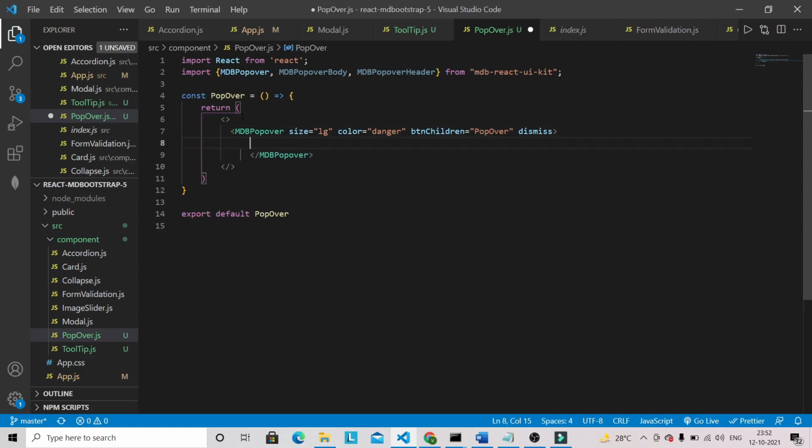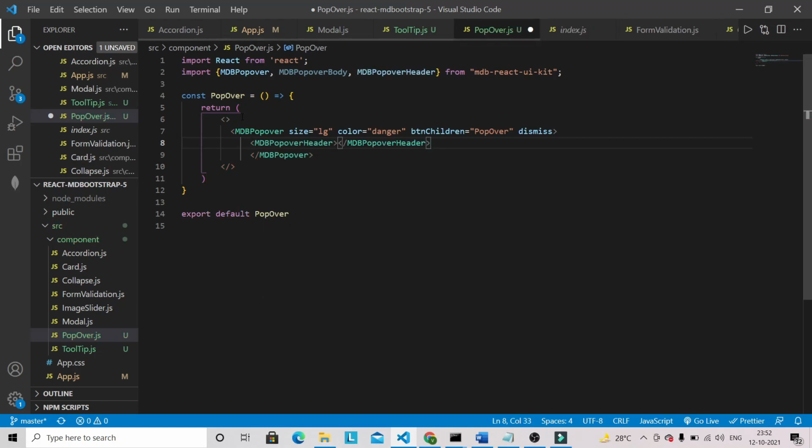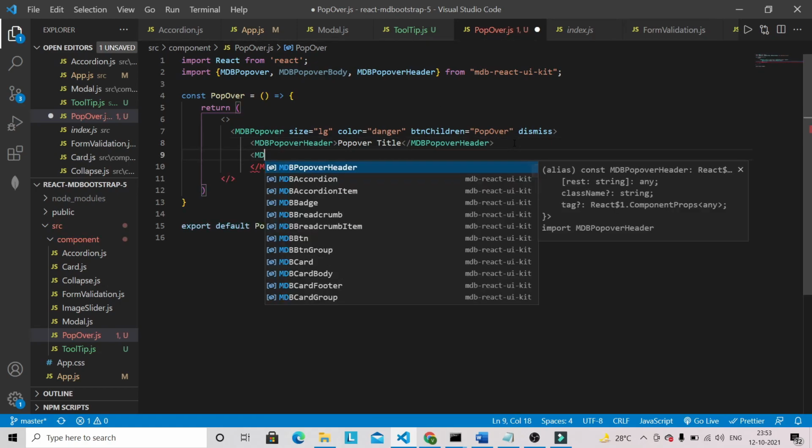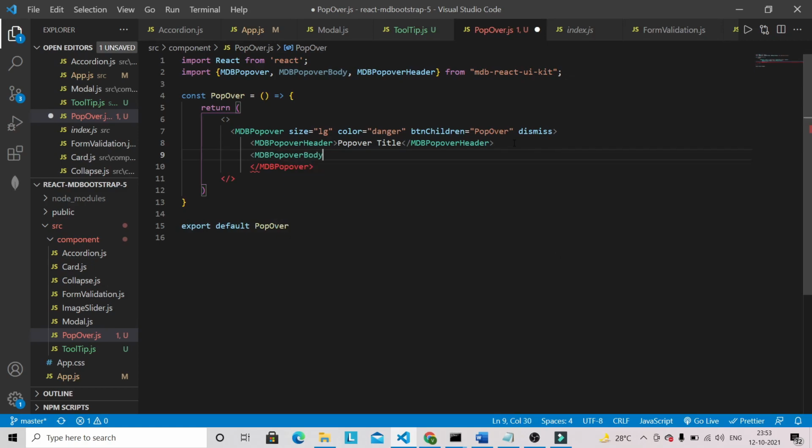Okay, now inside that we can give an MDBPopoverHeader, and for the header we can give Popover title, something like that. And after that we can have a body, MDBPopoverBody, and inside that we can give some content.